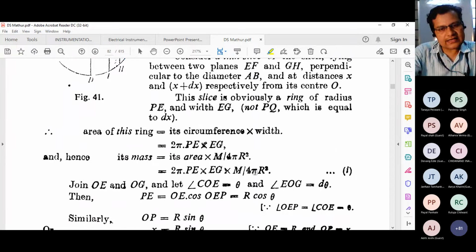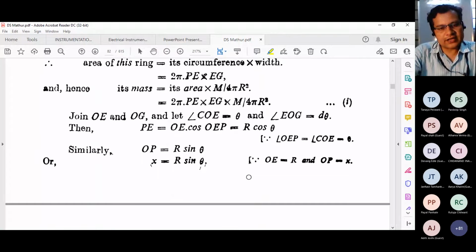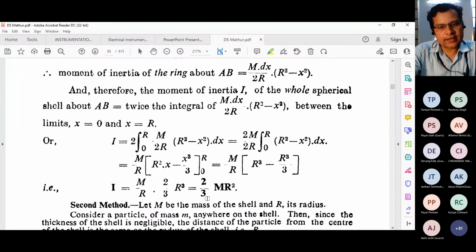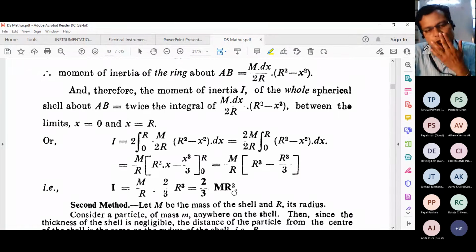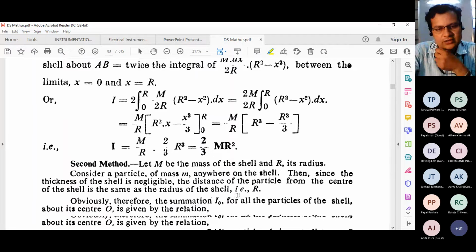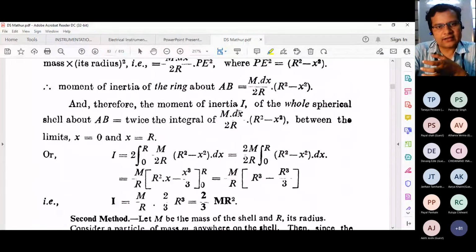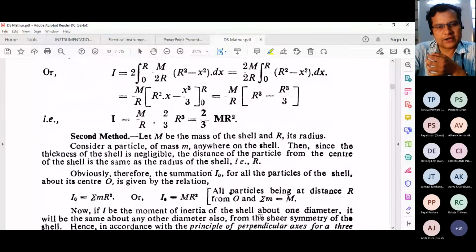And that's what we have done over there by considering mass per unit area and doing all such geometrical relationships. We can come to the answer, that is 2 by 3 mr square. This is the way you can do it. There are other methods also, but I'm not going into that. You can use the formula of the perpendicular axis theorem and directly write down the moment of inertia, but that is not a correct way, because it requires the logic of the perpendicular axis theorem for a three-dimensional body and so on. But this is the way we can correctly find the moment of inertia for the particular shell.